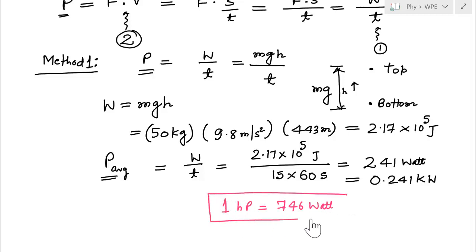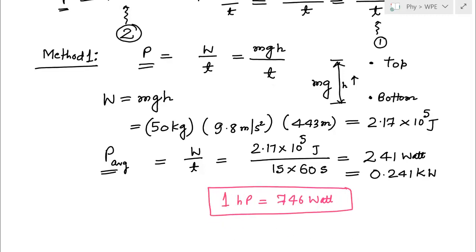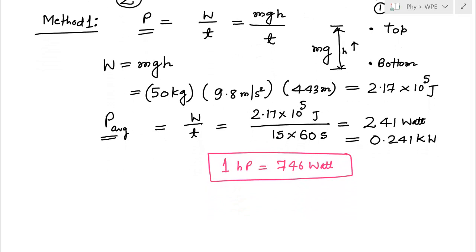So in other words, if you divide watt by 746, so 241 divided by 746, this will give you power in horsepower, so 0.323